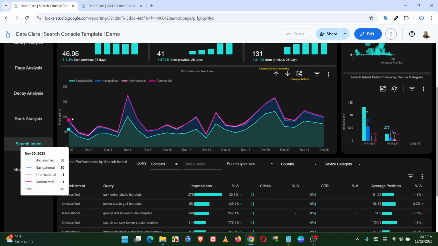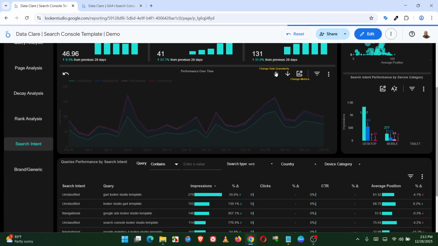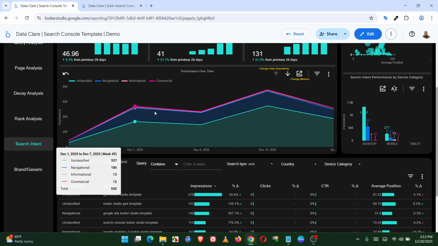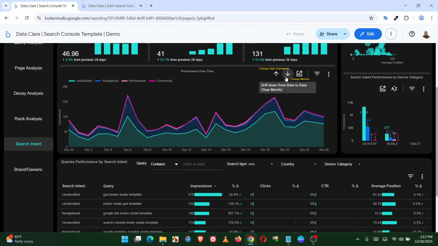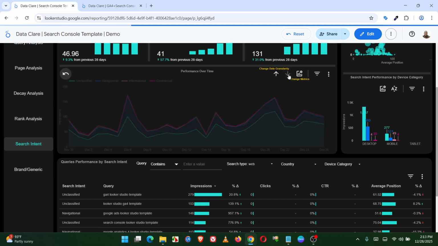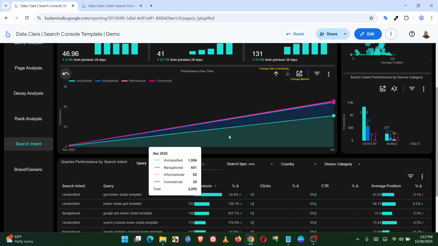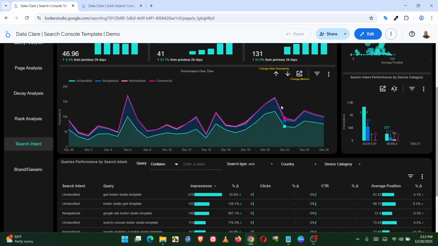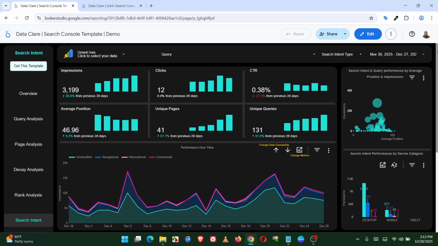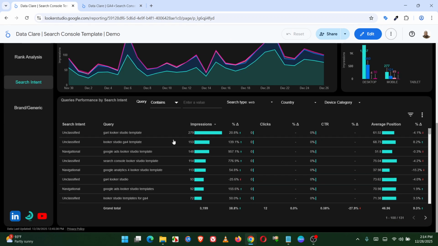And then you have the trends, daily trend by default, but you can also change to weekly view to see how they are performing on a weekly basis. And then if you go back to daily performance, you can click on this to see the monthly performance. I already explained how to use this monthly performance earlier using the query analysis page. And then you have the last